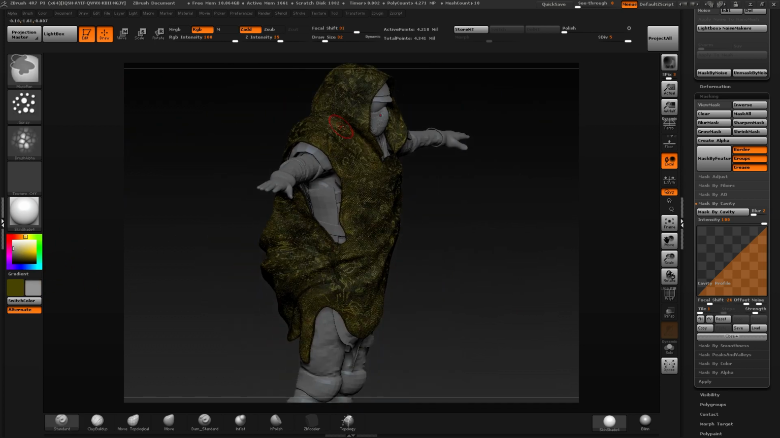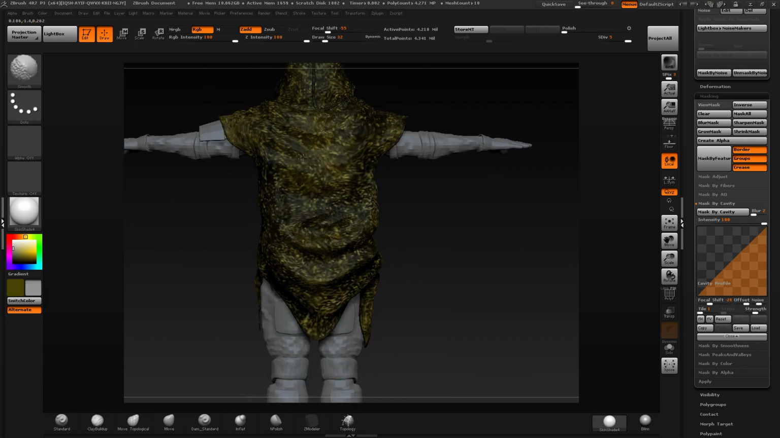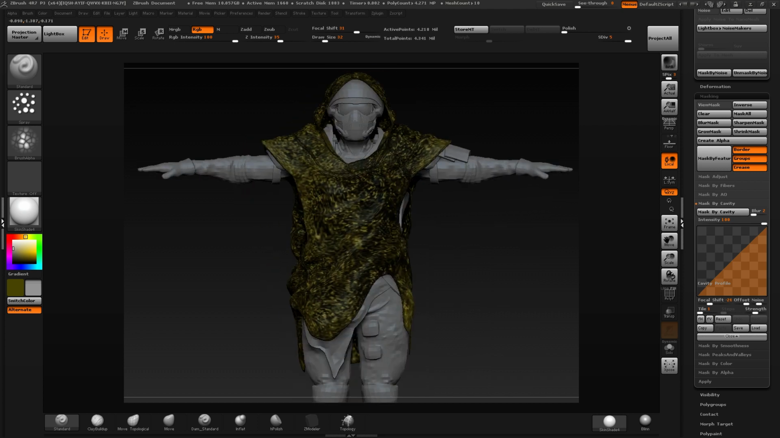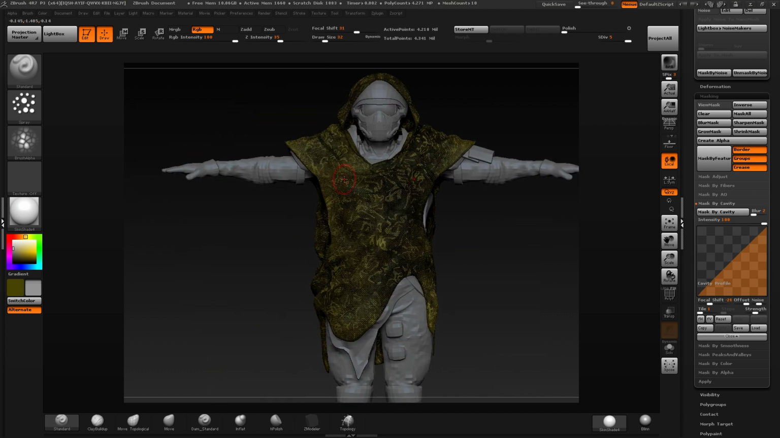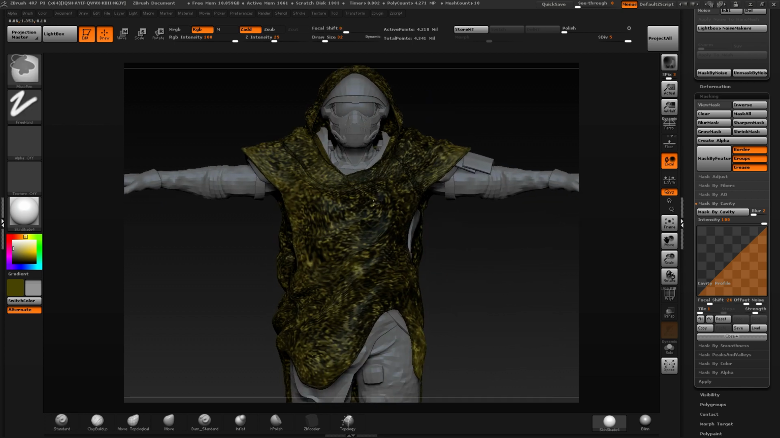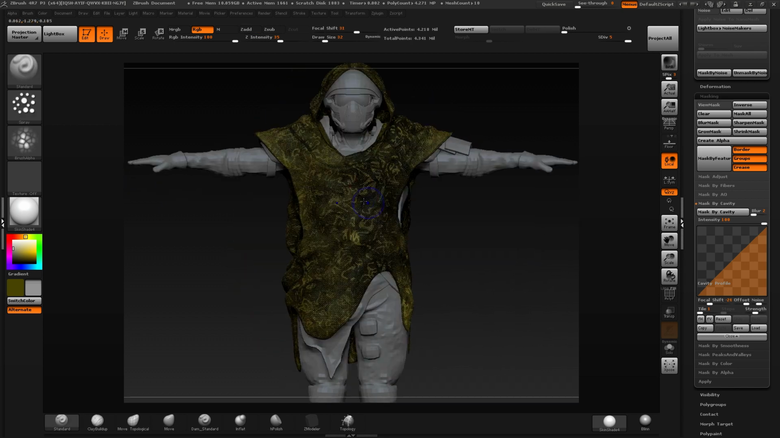And there we have basically the ghillie suit hoodie. That's what I'm going to refer to that as, the hoodie for our ghillie suit. Okay. So with that completed,